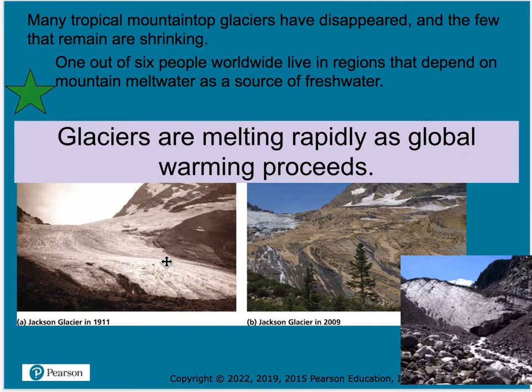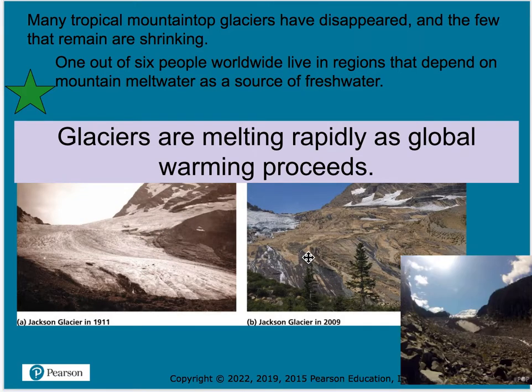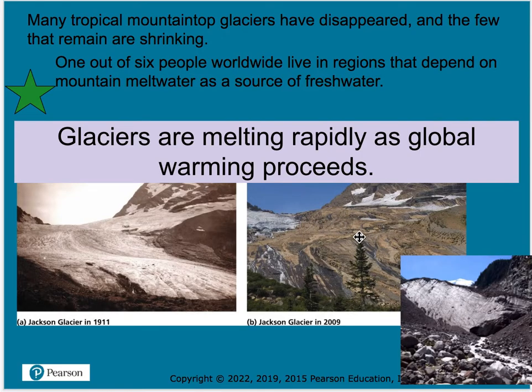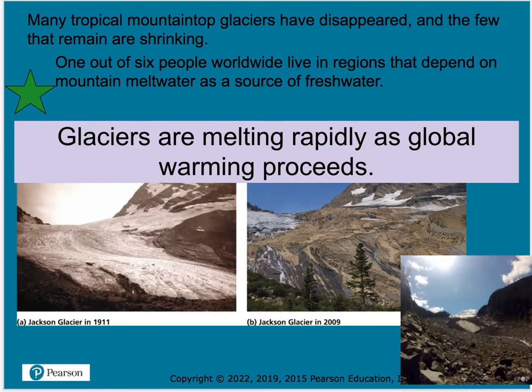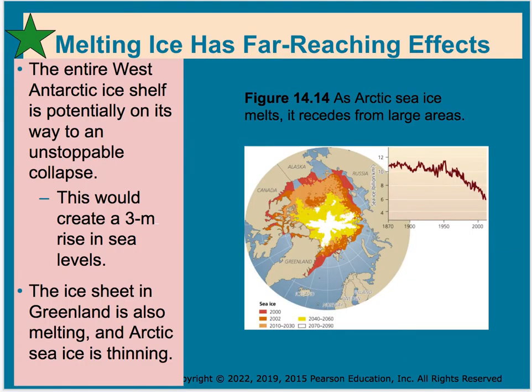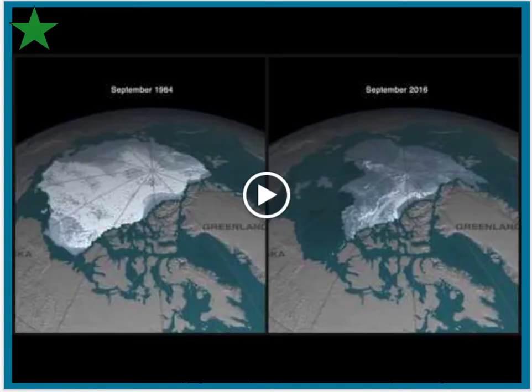But you can basically see that once the area starts to have the ground exposed, the darker ground actually gets warmer faster than the ice, and so it speeds up the melting process. So it actually accelerates itself as it melts, it goes faster and faster. So scientists expect that the western Antarctic ice shelf, if it continues to melt, which they're seeing as being somewhat inevitable, it could raise oceans as high as 3 meters, which is a lot.